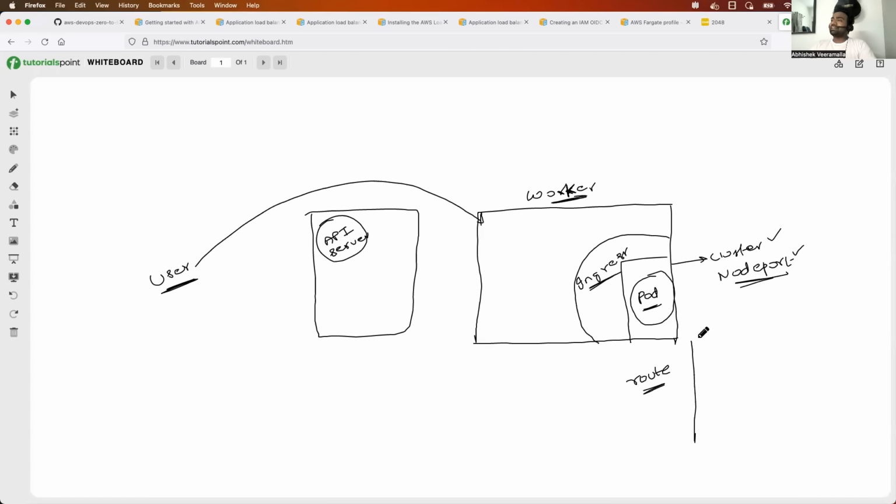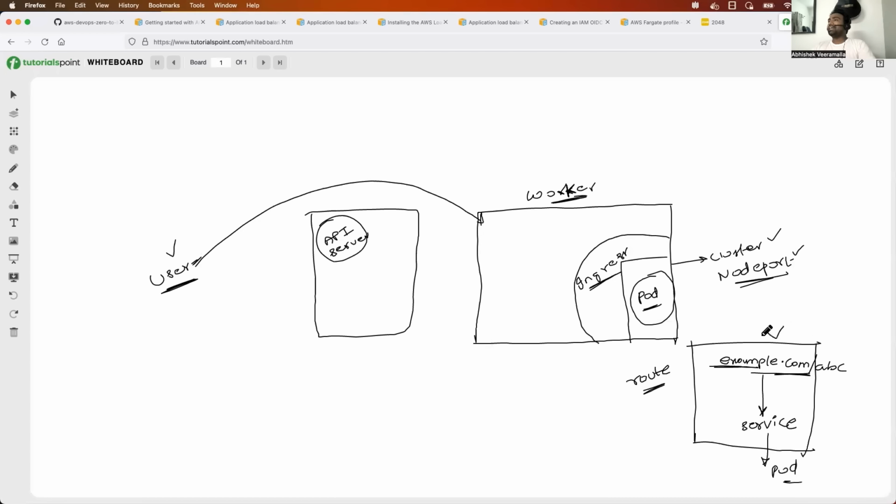So what the DevOps engineer does is, the DevOps engineer will write this ingress.yaml file, where in the ingress.yaml file you will write, allow this user to access the application on example.com/abc. If someone is accessing example.com/abc, let's say this user is accessing example.com/abc, forward the request to the service. And from the service, the request will go to the pod. So this configuration you will write in the Ingress resource, and you will deploy this Ingress resource using kubectl. But just by deploying the Ingress resource, nothing will happen,